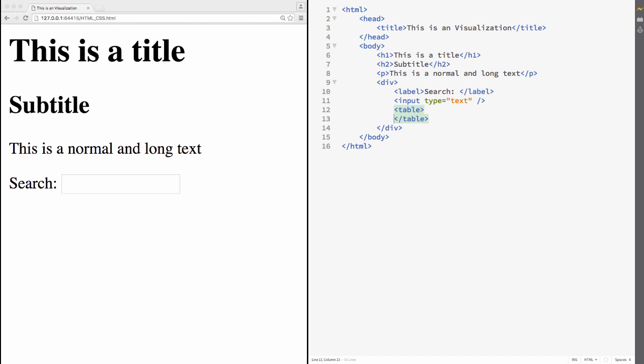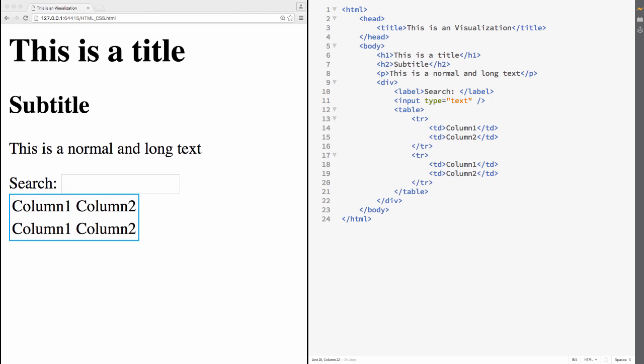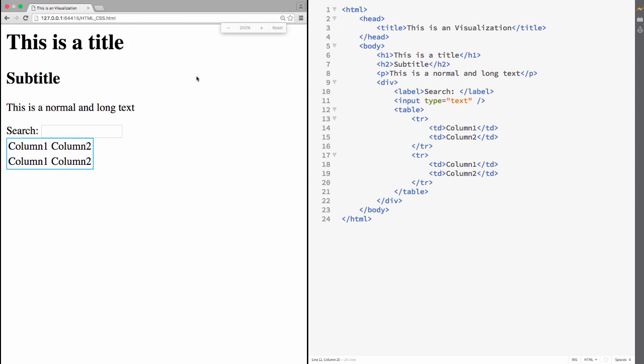For a table, you have to define the table itself, but you also have to define the row. So tr is a row in the table, and then I have td, that is a column. So you can have one column, second column, let's put column 1, column 2, and you can add a new line by adding new trs. So now I have many columns. Just a little bit,